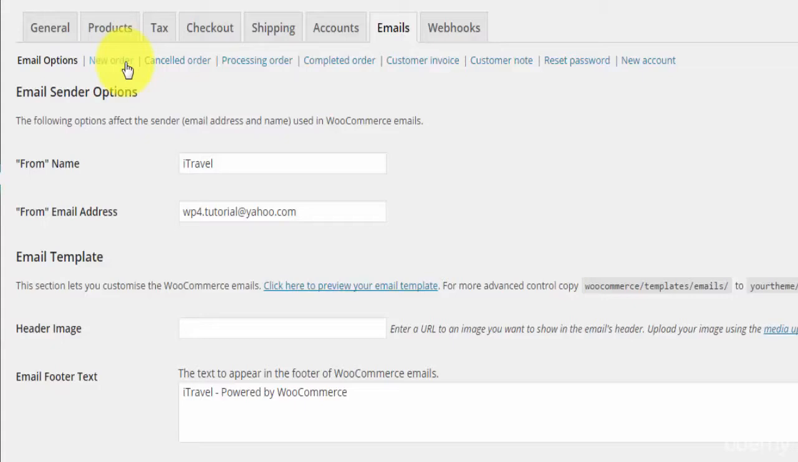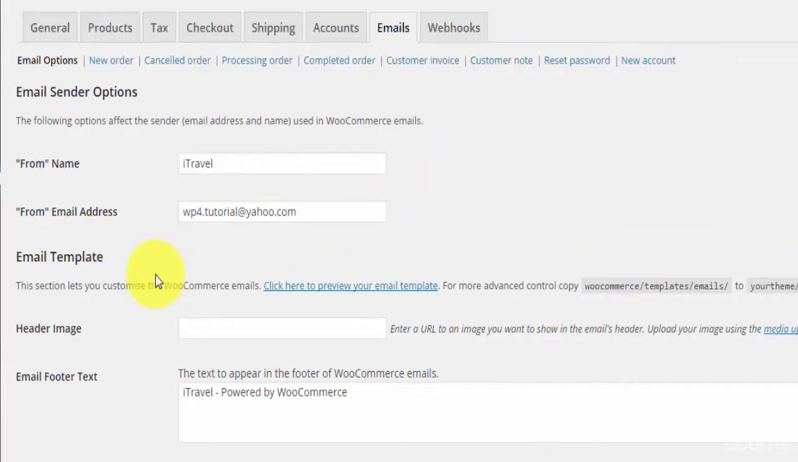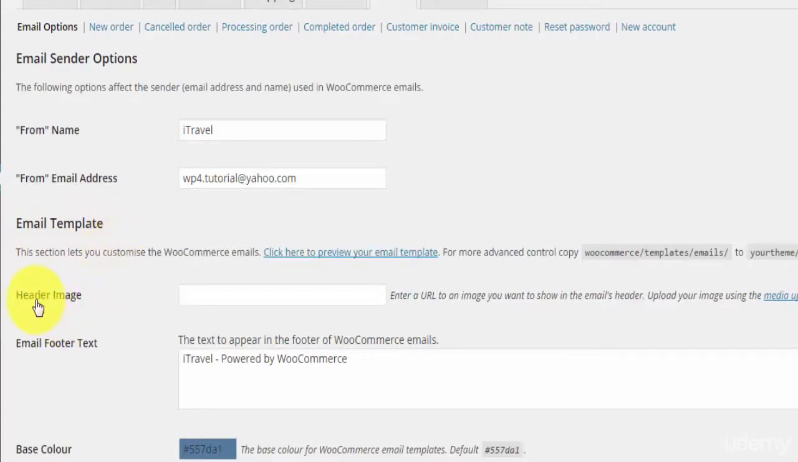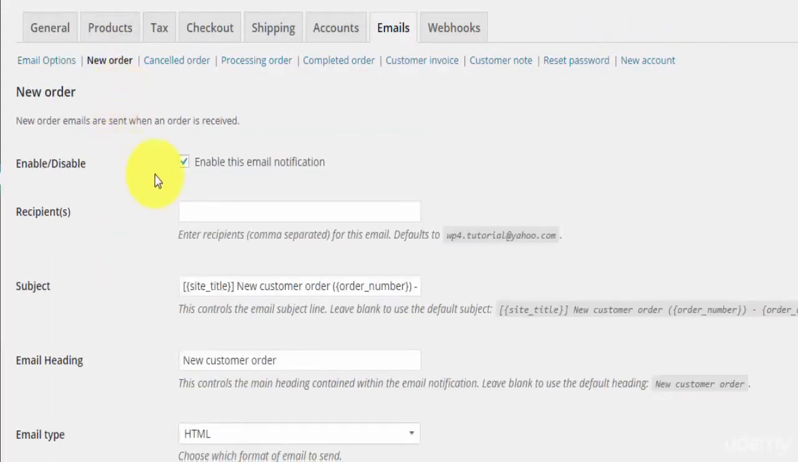your customers an email informing them when the order has been cancelled, when the order is in the proceeding stages, when the order has completed, customer invoice, customer note, reset password, and new account. So you can go through all of these options here, and email options are given here. So email template, you can use the header image if you would like, the footer text, the colors, and all that. So when there's a new order, you'll have to set up your email details here, and there's